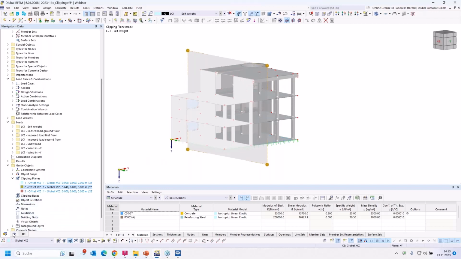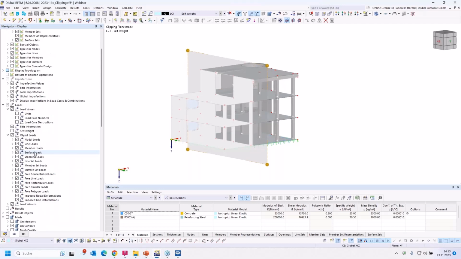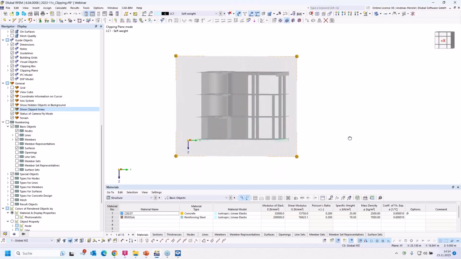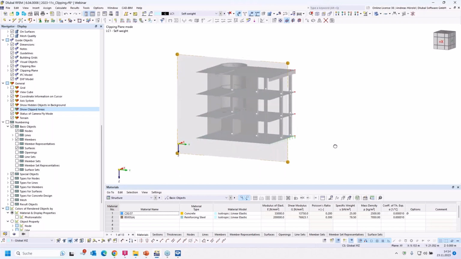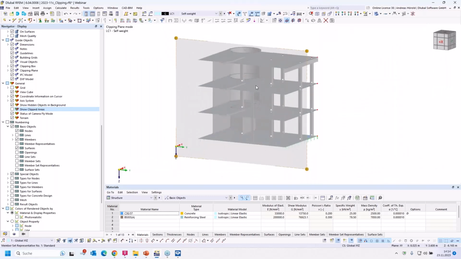We turn to the navigator display at the bottom, then in the general settings, and there's this check, show clipped areas. So when I switch it off, you can take a look in the model, and that's quite better if you want.